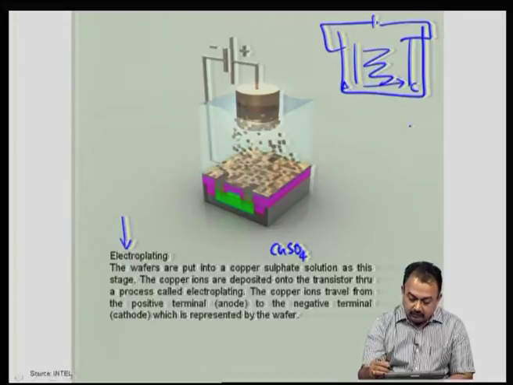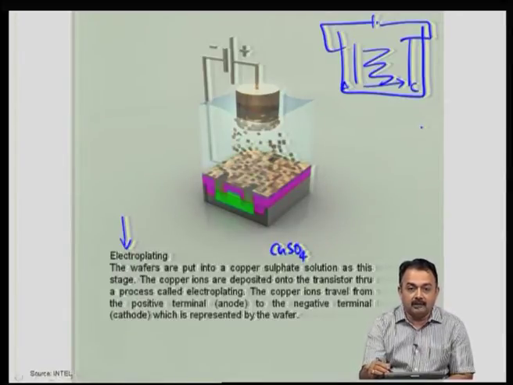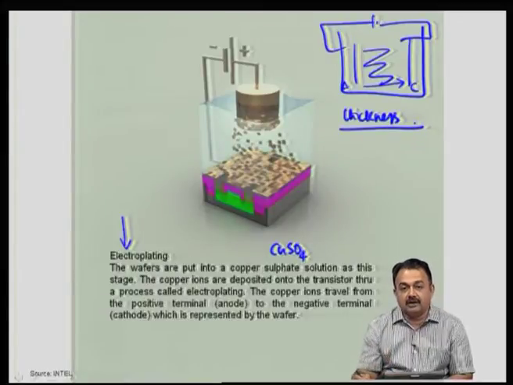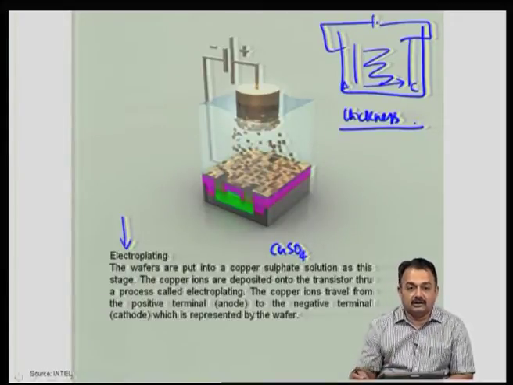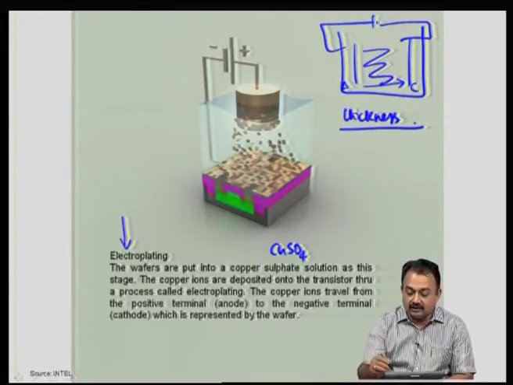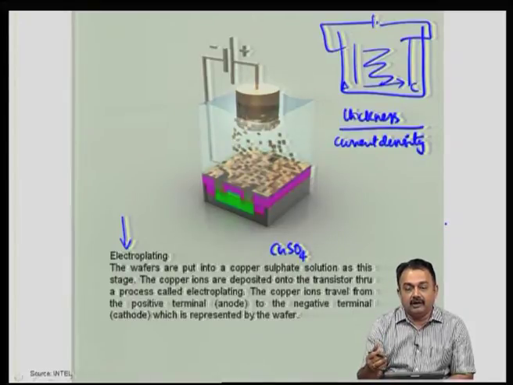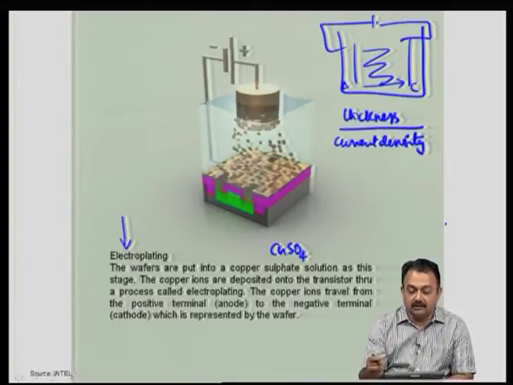Now, you have to make sure that the materials are pure, the copper material is very pure here, and also the thickness has to be well understood, because you can't keep depositing larger thicknesses of copper. So, by certain calculations and by adjusting the current density that you give in the electroplating process for a given area, you can calculate the required thickness of copper